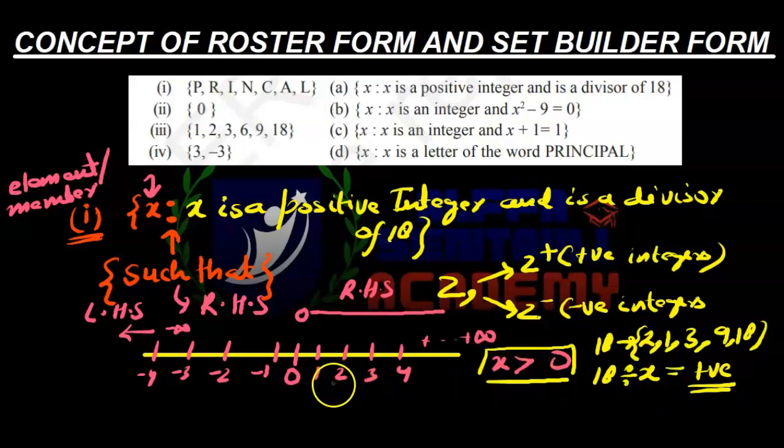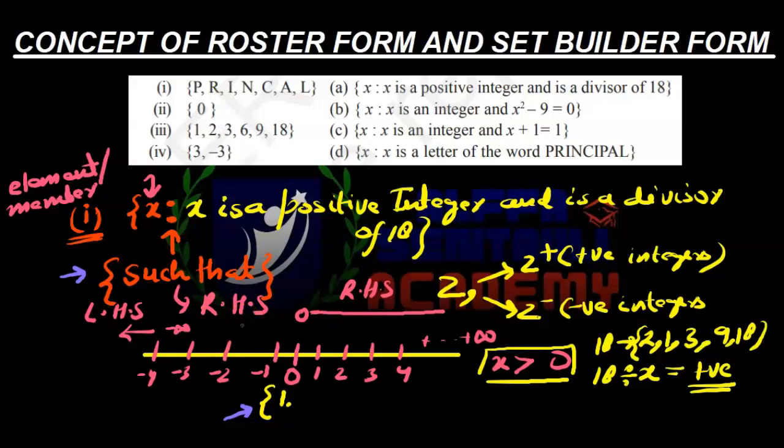So how many such numbers are possible? That is, how many numbers are possible. We'll be starting from the smallest number. So now we have to learn an important concept as well. We have to write the elements. Whenever we are writing the elements in a set, first of all, a set is always represented in curly braces. That is why we always use the curly braces symbol. So sets are always represented in curly braces.